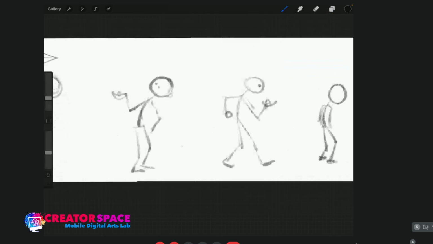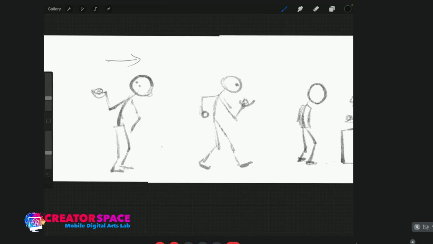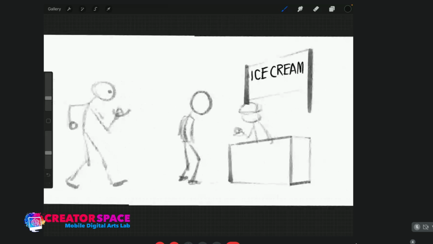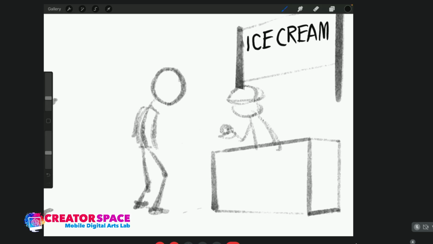Okay, he's found the things in his pocket. Now he's walking this way, and he's arrived at the ice cream stand, and everything is left to right now, and it's going to pay off better in the gag. As we look at it, we're noticing that the flow is much better. It's the way it should have been done in the first place, but we're toying with the idea. We're not giving it a lot of detail yet. We're just